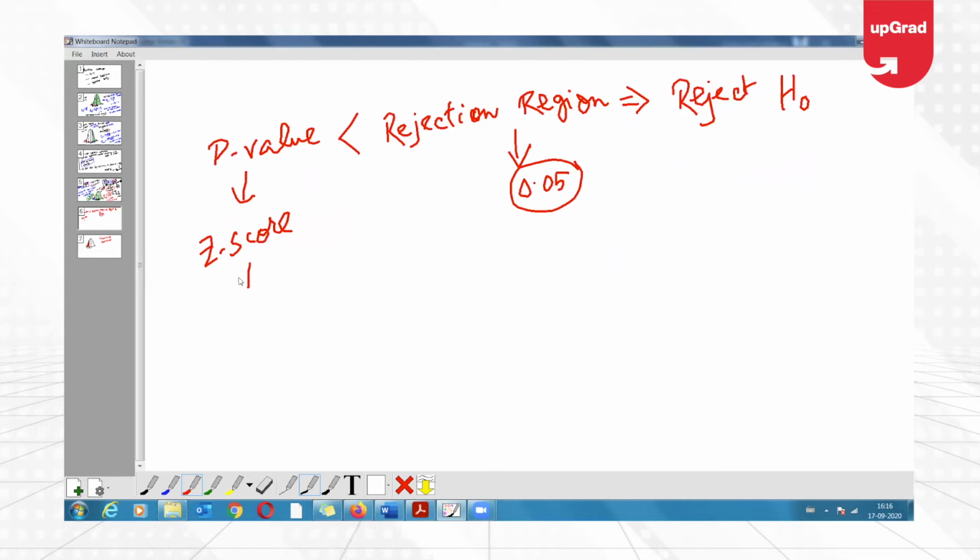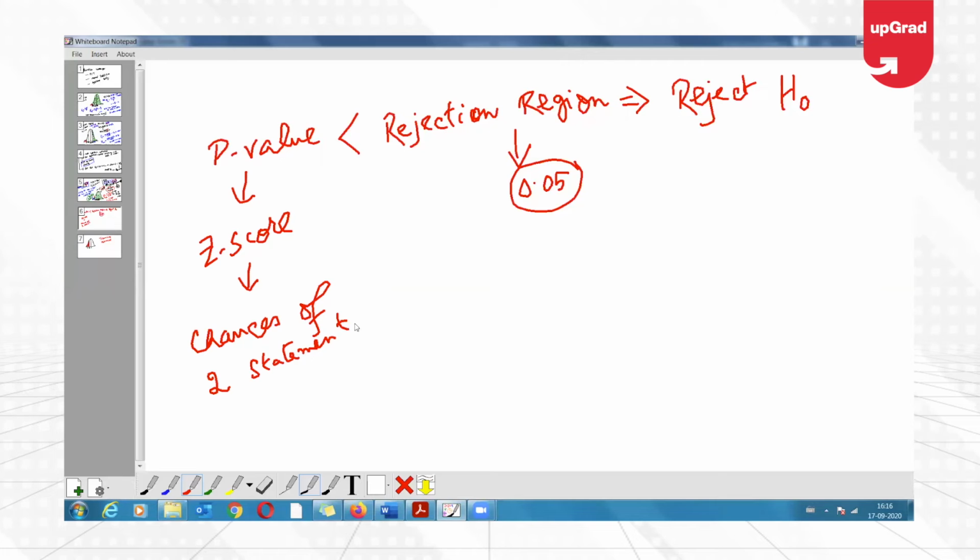When the z-score is high, the chances of the two statements coexisting is high. Now what do I mean by that? Like in this case,